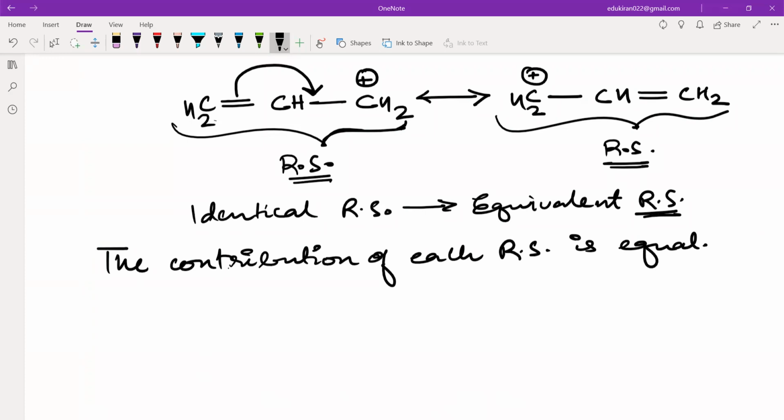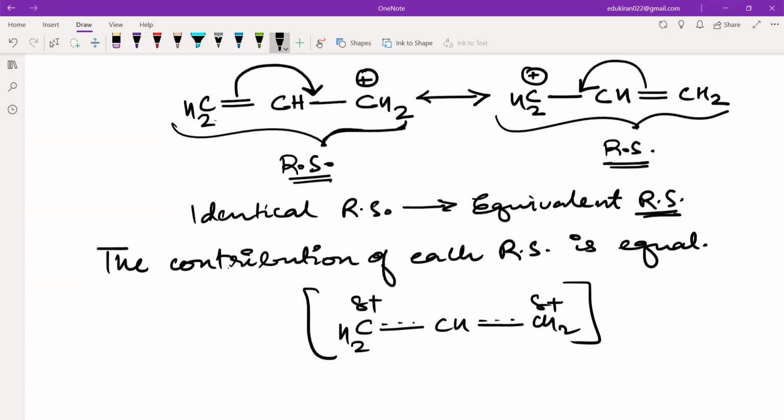What does it mean? It means that this pi bond is breaking and going here, this pi bond is also breaking and going here, and they are fluctuating, but that fluctuation is so fast that essentially we see CH2 delta positive and CH2 delta positive. I think you understand till here, yes or no, that the fluctuations are very fast. Because they are very fast, we are not able to see either this resonating structure or this one. What we see is the resonance hybrid. Yes, sir. You are clear till here.